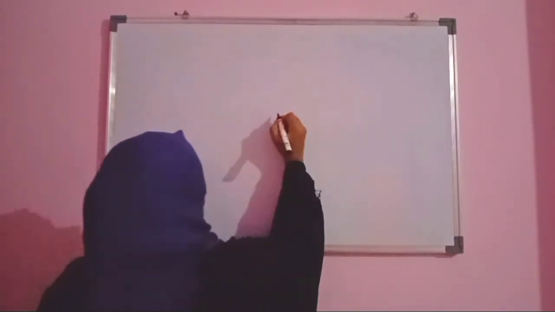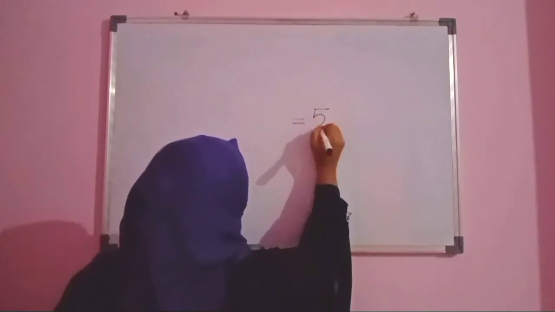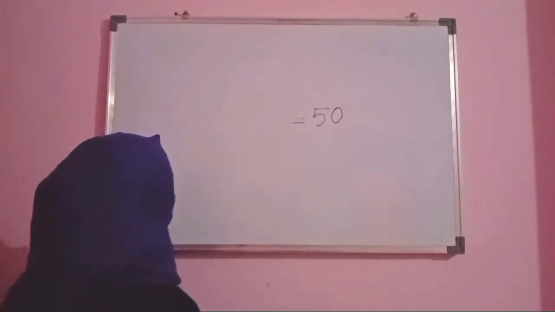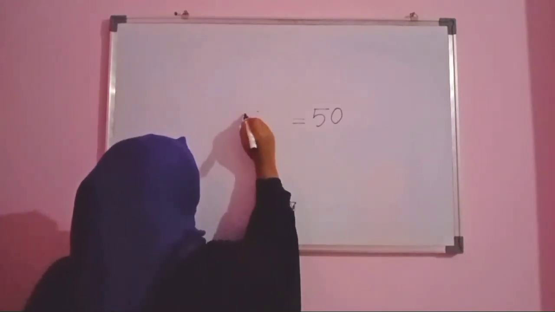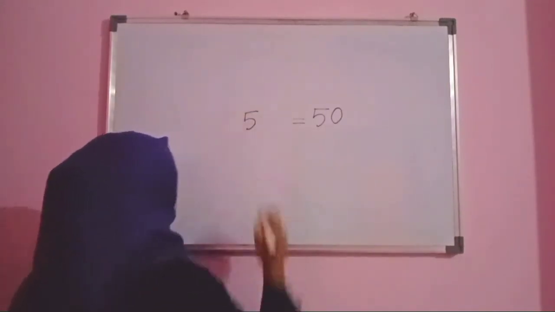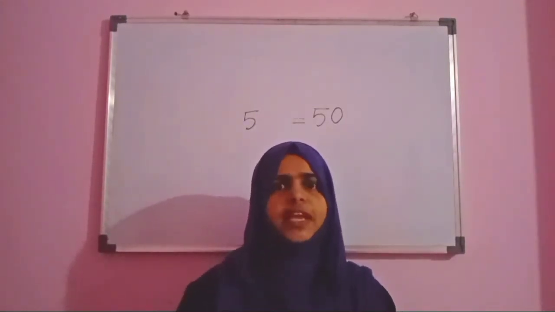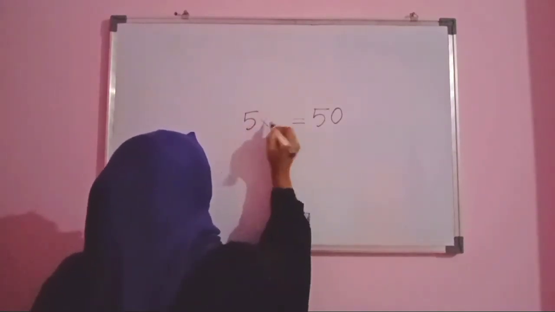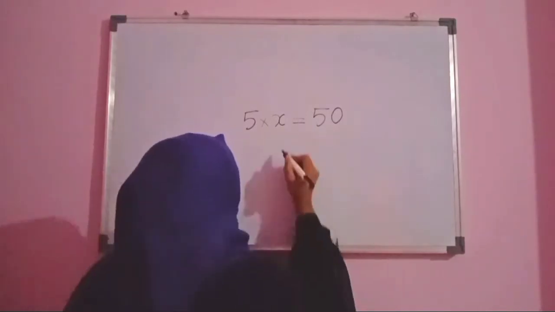So, you went to a shop and bought a packet of pencils. That packet of pencils costs 50 rupees. How much was the cost of one pencil? 5 rupees, isn't it? And how many pencils are there? We don't know that. We can put that as x. The number of pencils we don't know, so we will put it as x. Then how many pencils will be there?